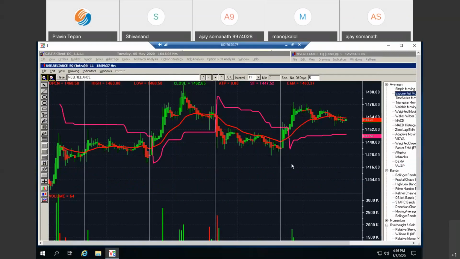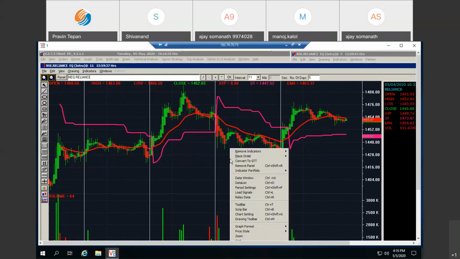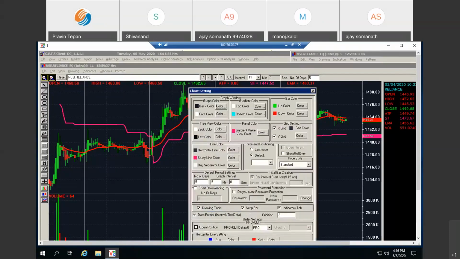If you double click the indicator, it will be added below the graph, and if you drag and drop, it will be added on the graph. So like this, you can add multiple indicators on the graph for your analysis. There are also settings: if you want to save this format as default, so that on every graph these two indicators appear automatically, you can just right click on the graph and you will see the chart setting. In chart setting, these are the default settings you will get, and every default setting can be done from here.